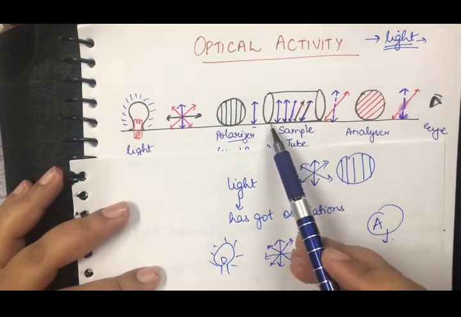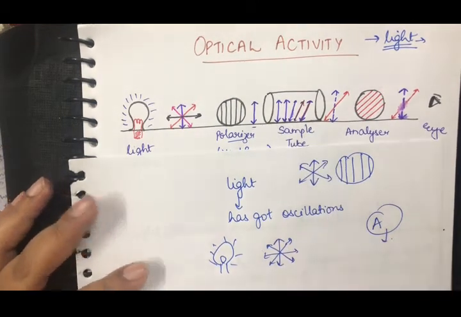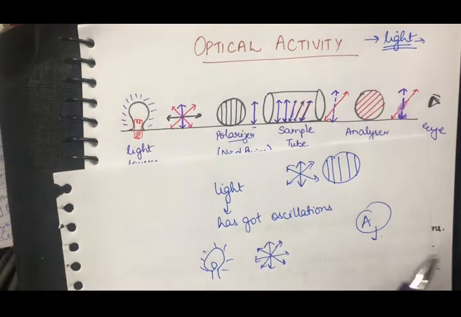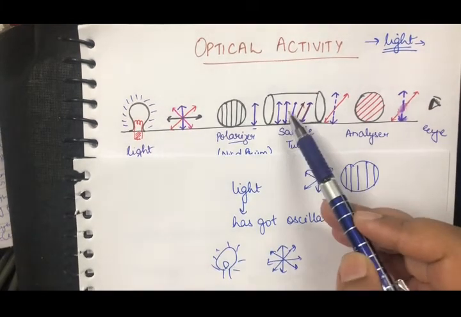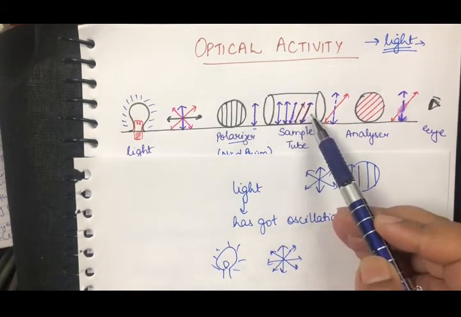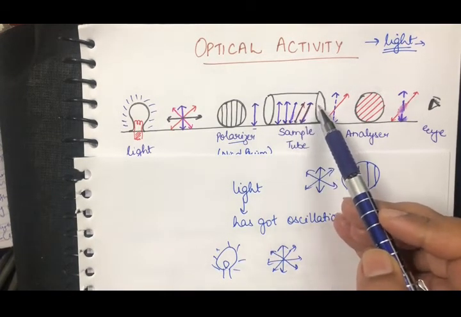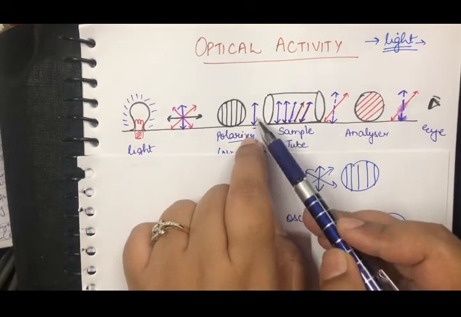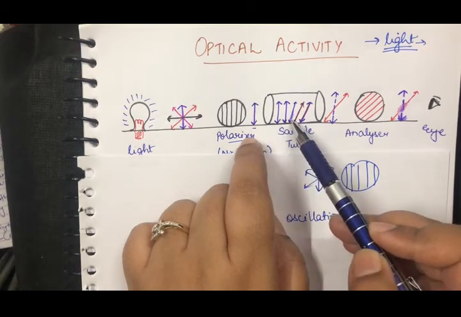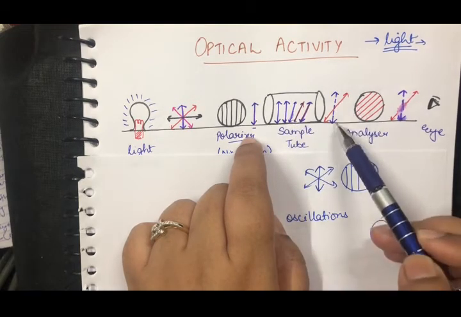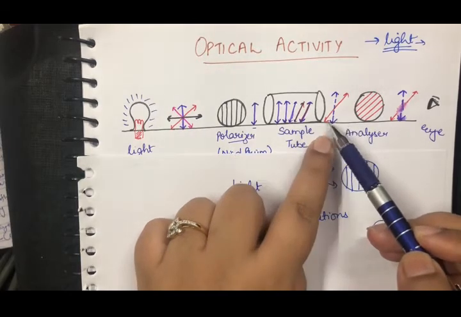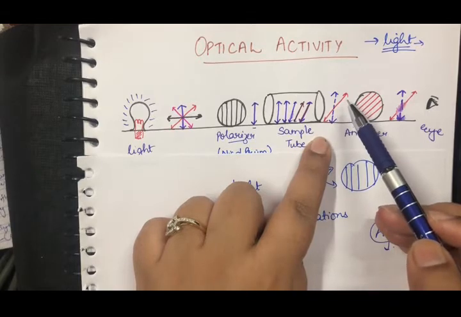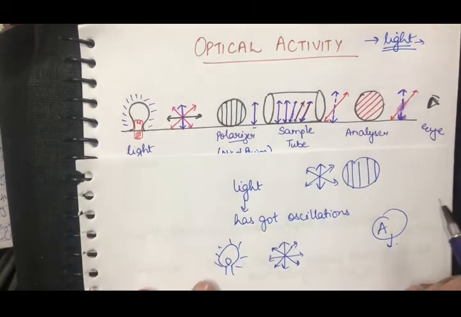Now what will happen is when the light passes through it, because of the optical activity of compound A, let's say the compound A tilts the component that has passed into the sample tube towards the right, a little right. What did I expect from the sample tube? I expected the orientation in which my light was entering the sample tube to come out the very same way. But actually the light that came out of the sample tube was a little tilted. It can be more tilted also. It all depends upon the compound that you have used.